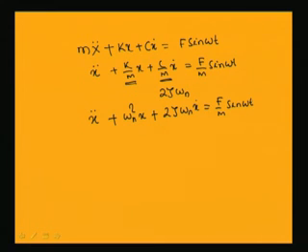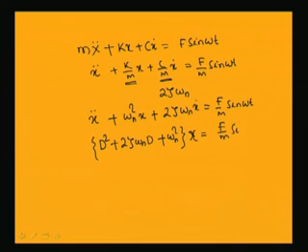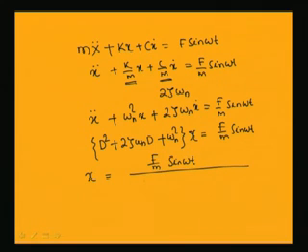The auxiliary equation I can write as D square plus 2 zeta omega n D plus omega n square times x equal to f by m sin omega t. So this x, the particular integral, can be obtained in this way: x equals f by m sin omega t divided by D square plus 2 zeta omega n D plus omega n square.